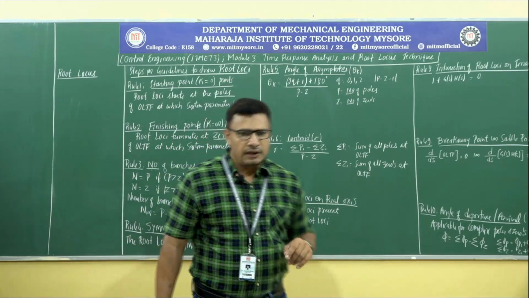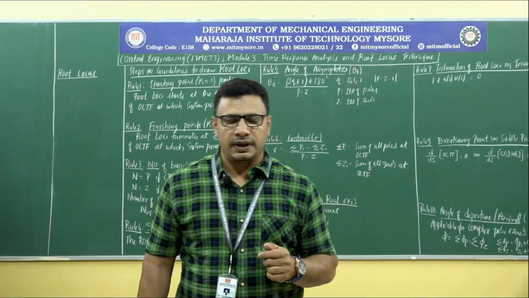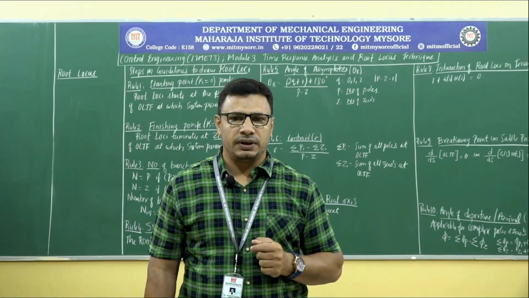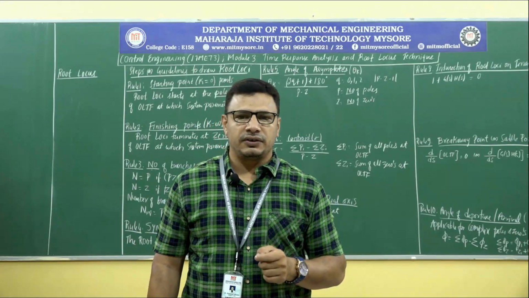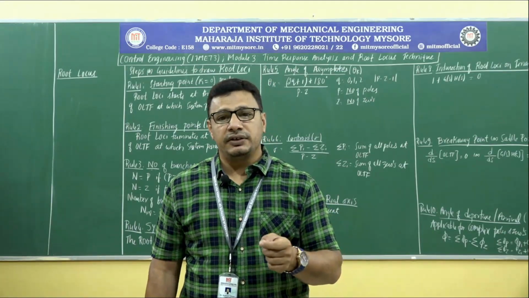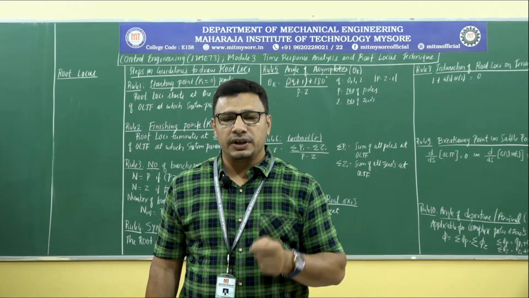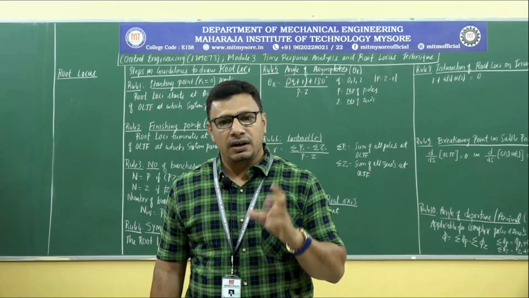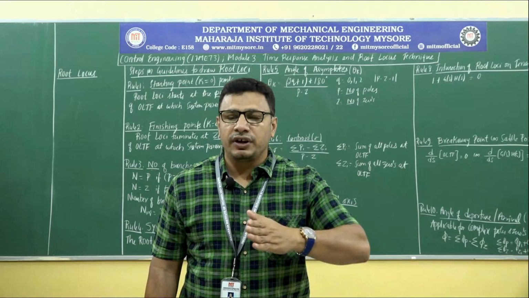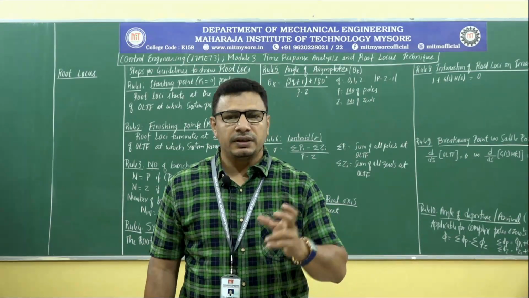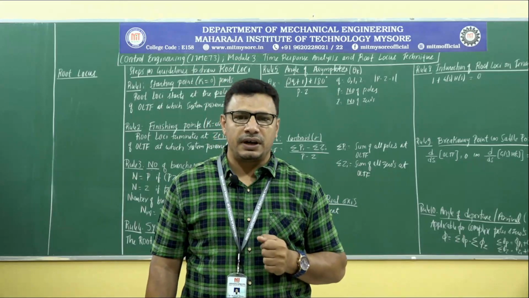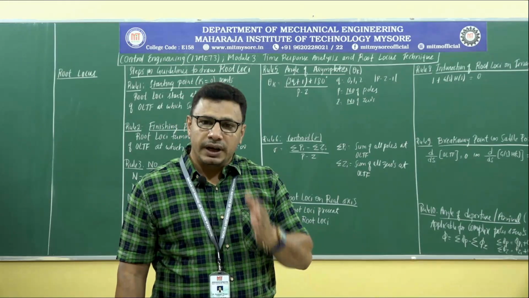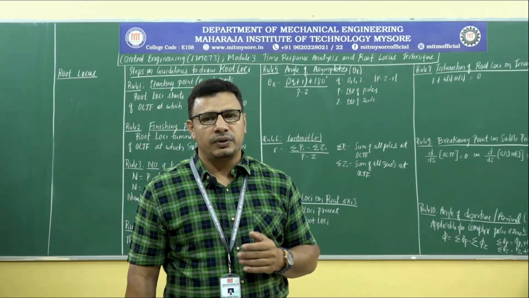As I have told in the definition of root loci, if one or more of the parameters of a given control system is varied over a given range, then the roots of its characteristic equation are also going to vary. When they are plotted onto the S plane, they result in continuous curves. Root loci are not straight lines, they are curves. Since they are curves, it is important to guide them along which direction they are going to travel.